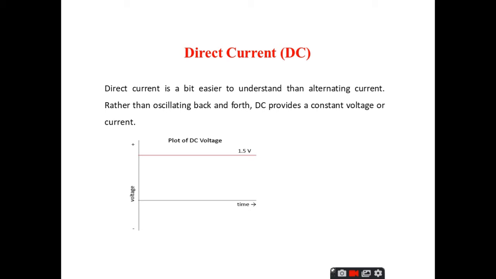To simplify things, we will assume that voltage is a constant. For example, we assume that an AA battery provides 1.5 volts, which can be described in mathematical terms as V(t) = 1.5 volts. It means that we can count on most DC sources to provide a constant voltage over time. In reality, a battery will slowly lose its charge, meaning that the voltage will drop as the battery is used. For most purposes, we can assume that the voltage is constant.